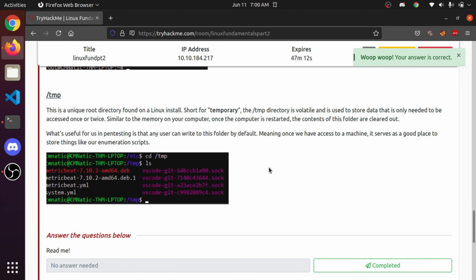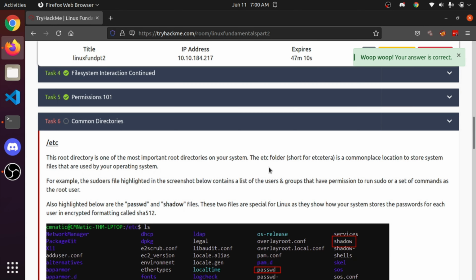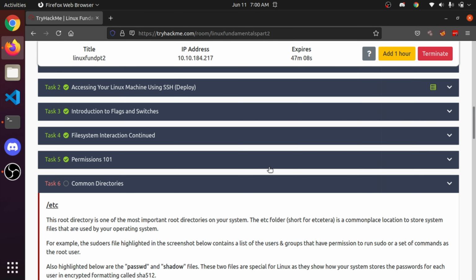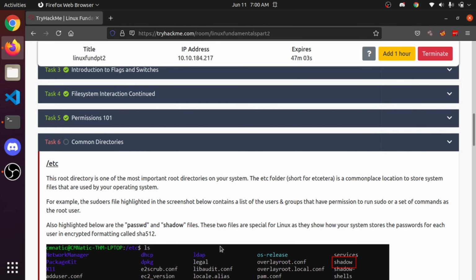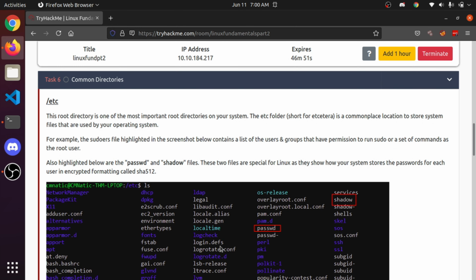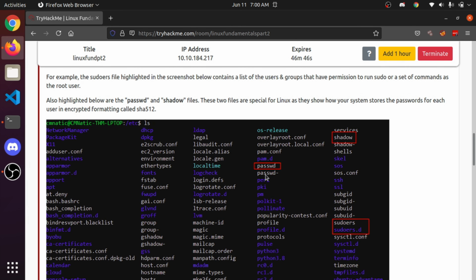Then common directories. Mostly this won't have that many things, like /etc. In etc, the most important things are the password files, for when something like a root user wants to access them, or the complete system's functions. Mostly these will be in this place called /etc. If you see here, this kind of thing is important. The passwords, in the sense of what the passwords are and what the users are, and their passwords, everything will be stored there.